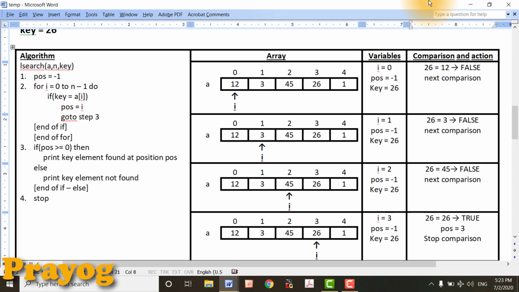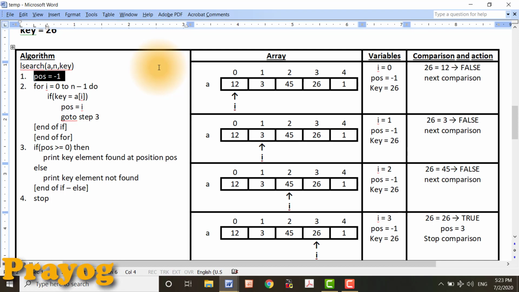Now let us have a look at the linear search algorithm. The algorithm is named LSearch with 3 parameters: A representing the array, n representing the number of data items, and key representing the key element to be searched inside the array. The first step of the algorithm sets a variable called pos to -1.